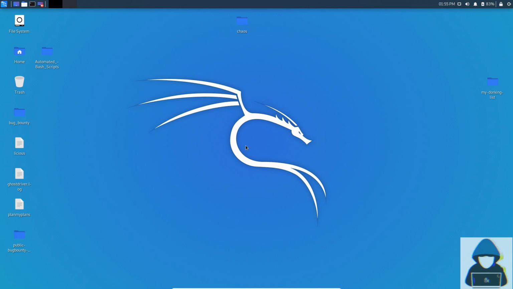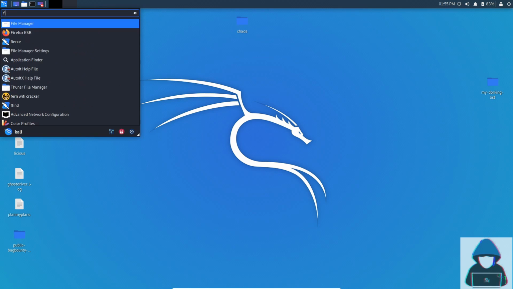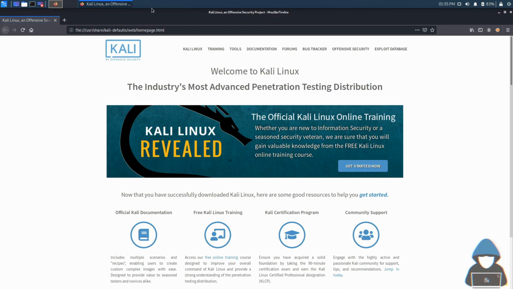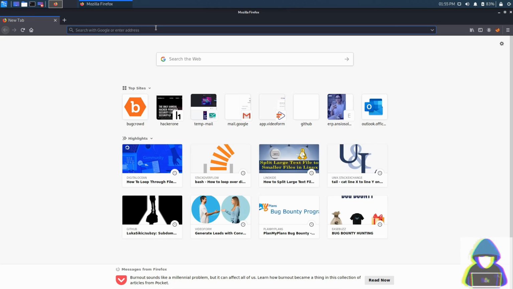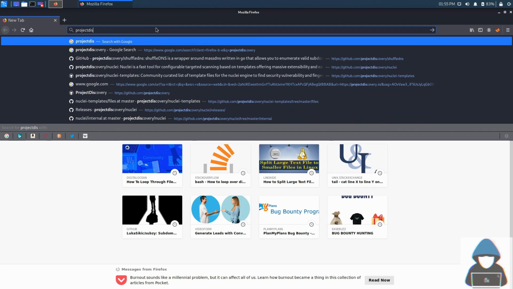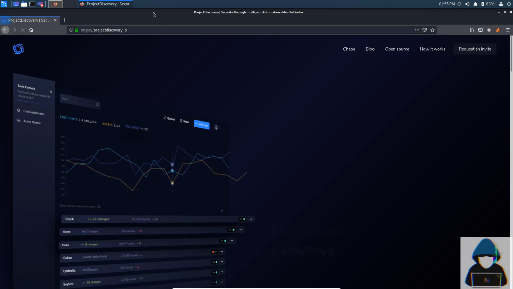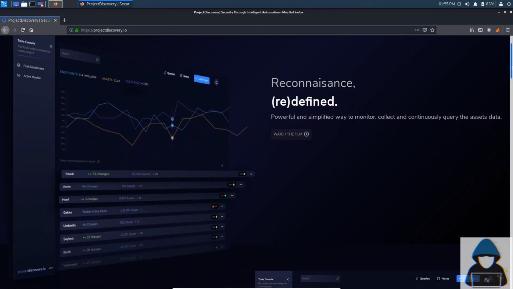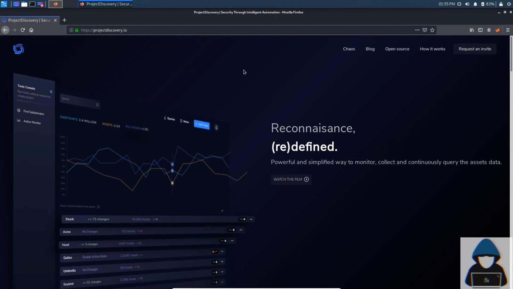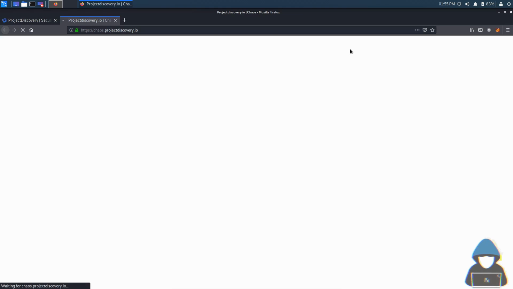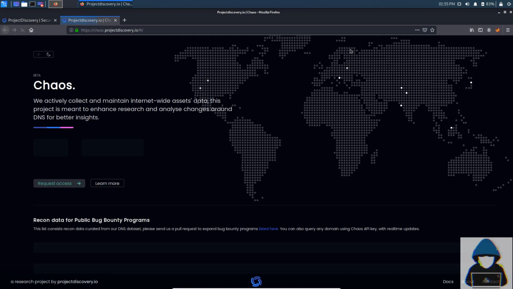Today we are going to see how to write a bash script for automating mass gathering of subdomains which are in scope from all the available bug bounty programs from different platforms like HackerOne, Bugcrowd and also from self-hosted bug bounty programs. Now let us have a walkthrough of the step-by-step process to automate your recon process using the Chaos dataset, which is made publicly available by the Project Discovery team. Let's see what the dataset offers and how we can use this data to automate mass subdomain gathering of targets via a simple bash script.